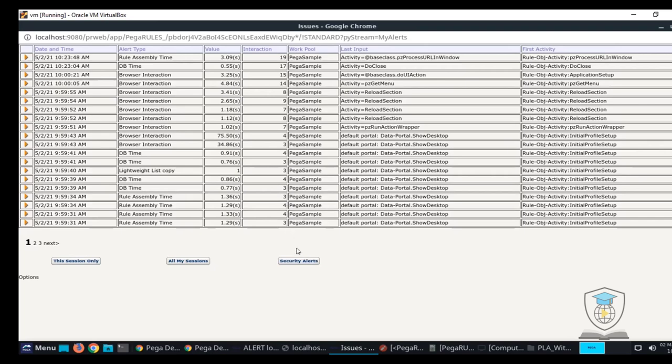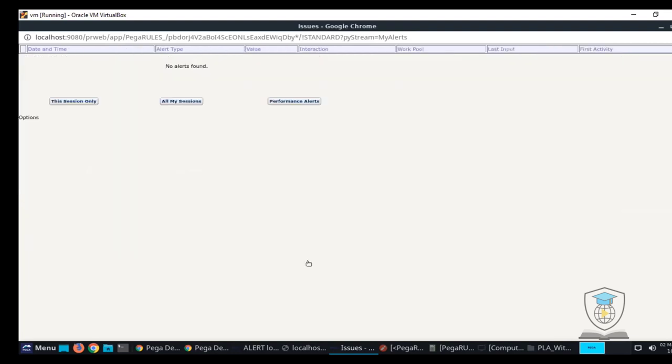Okay, and right now we are talking about only the alert log, which is performance based, but there are security based alerts also. In security based alerts, there are thresholds which will cause an alert event. Similarly, if anything in the code is creating a problem for security, it will raise a security alert log. Okay, now coming back to this session.